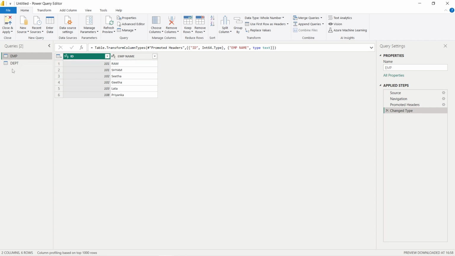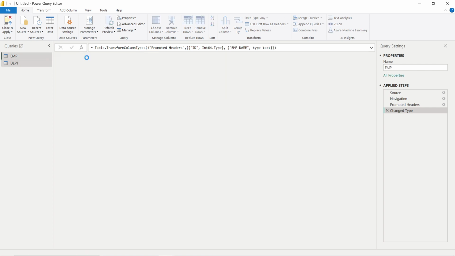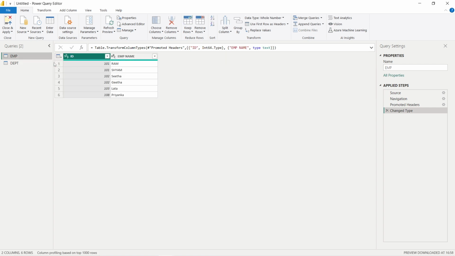Out of two tables, whenever we want to do the merge query, just keep in mind merge query means join. So basically whenever you want to do the merge query, we need a common column between the two tables, right? So here in our case department ID and ID is the common column, right? So firstly we will see what exactly we need to do. Select the first table and click on the merge query. Under the Home tab we can see the merge query, and click here.